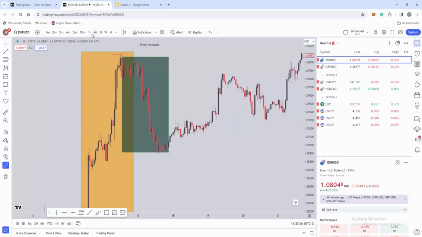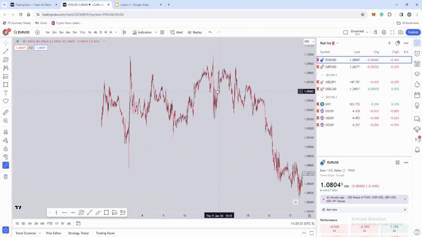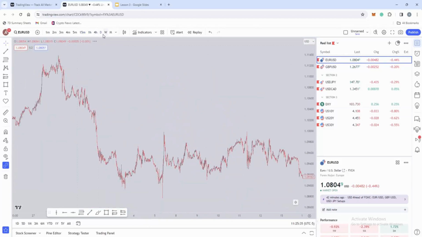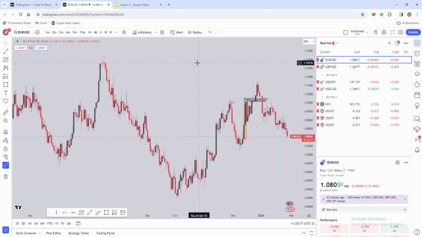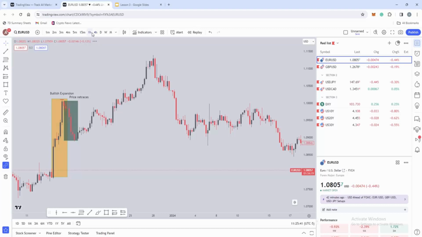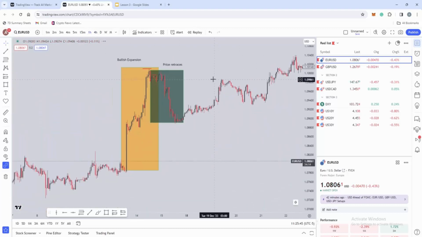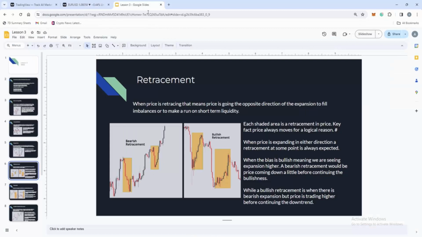And I hope you're really starting to understand how the time frames work and the importance of the liquidity on the time frames, and understanding that the bigger time frames hold more weight. So if on the daily it's looking bearish, and then you drop down to the hourly, you should expect to find bearishness in line with the daily, and then go to the 15-minute. So let's go back to the slides,